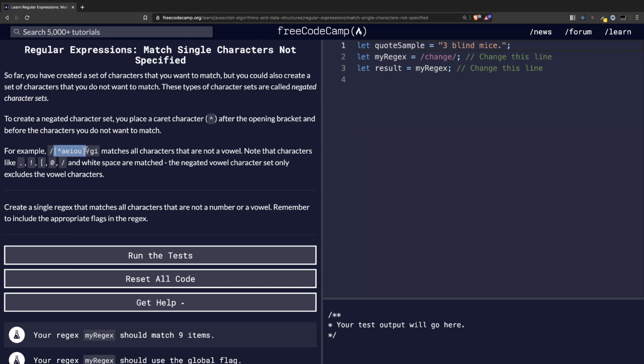For example, this matches all the characters that are not vowels. Oh, look at that, I pronounced it right this time. Note that characters like dot, exclamation point, the brackets,